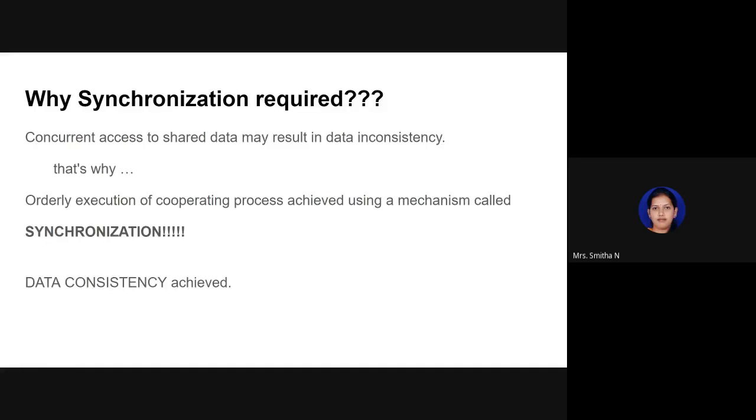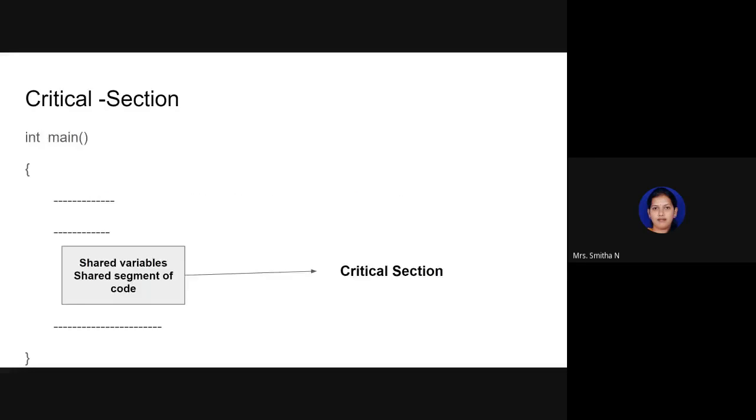To understand the mechanism to come up with the synchronization concept, first we need to understand a few problems which exist in the system. Those problems help us to design some solution which can help to synchronize cooperative processes. So the problem we have in the cooperative system is called the critical section problem. To go with the critical section problem, first we need to understand what a critical section is.